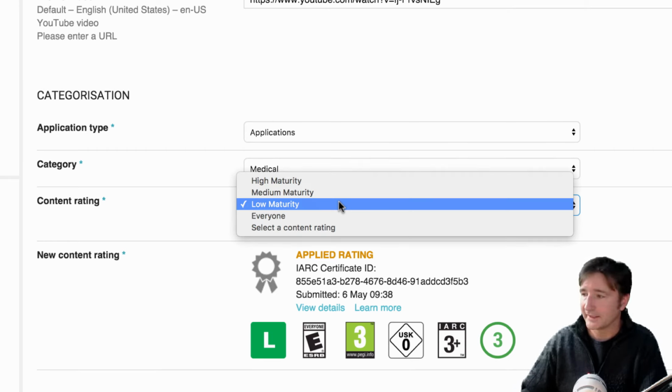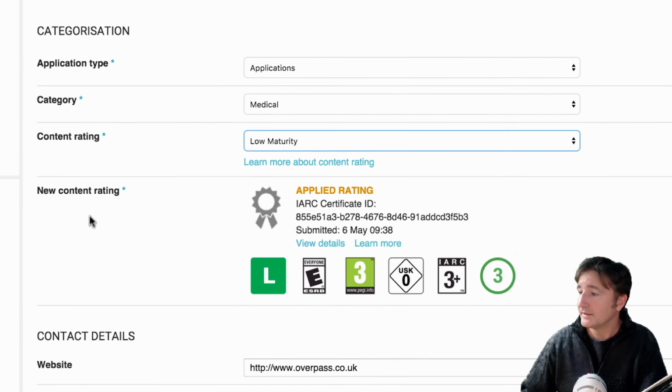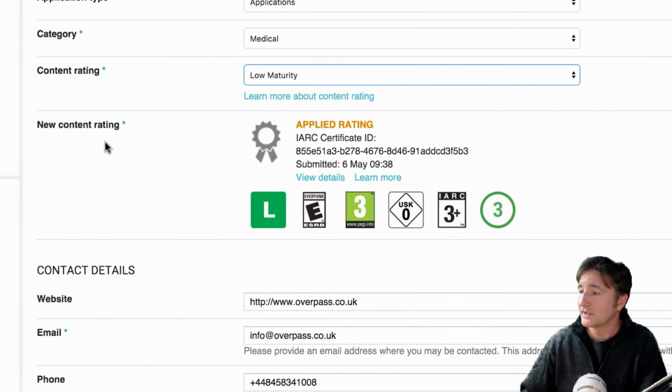If you have like a violent game, you want to do that. Now, they've really gotten strict on the new content rating. Actually, this is months ago. So you have to go through and fill in a questionnaire so they can give it an ESRB rating and all this kind of stuff. So you just have to answer a bunch of questions like, does it use violence, all this kind of stuff.